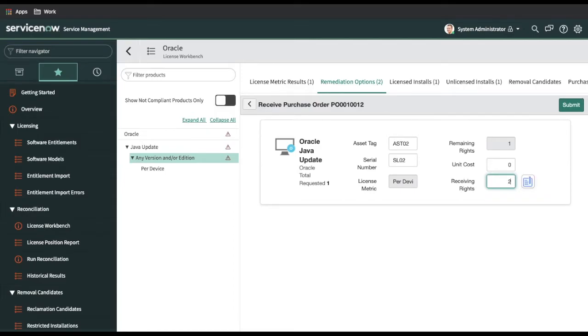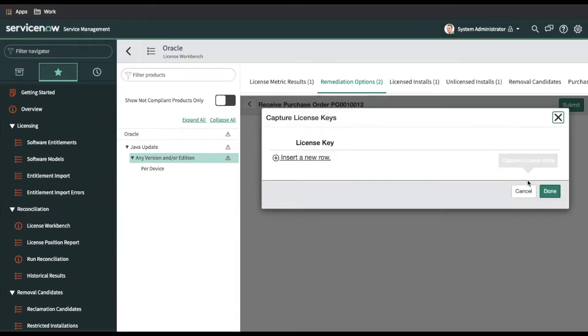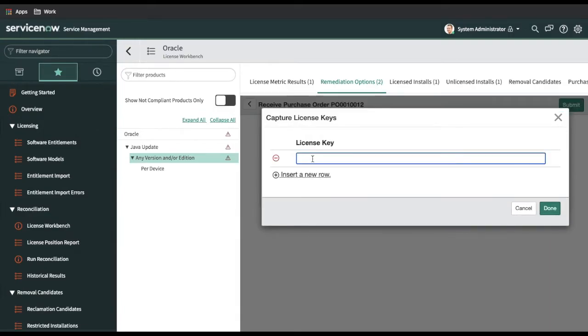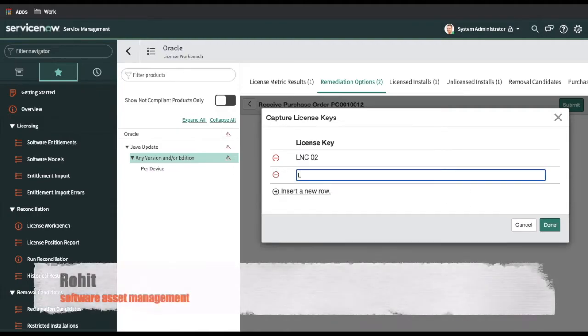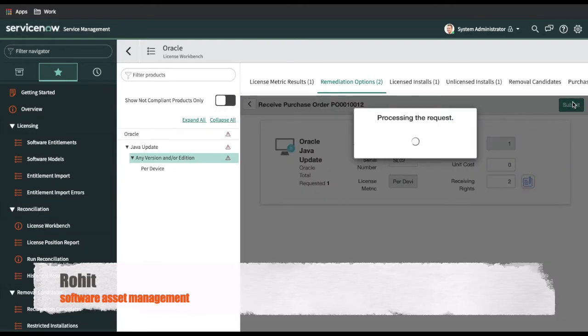I required 1 but I am purchasing 2, and I need to put the license. So license LNC 02, there is one license, and one more I'll put as LNC 03. These two licenses I am purchasing, and click submit order.